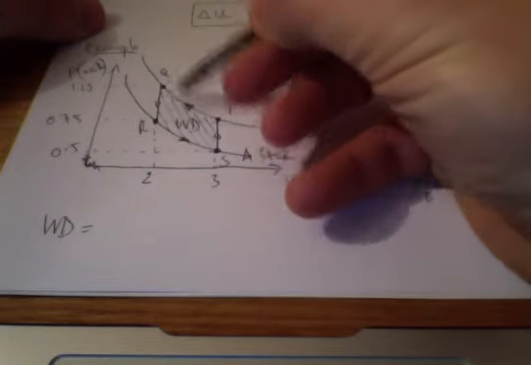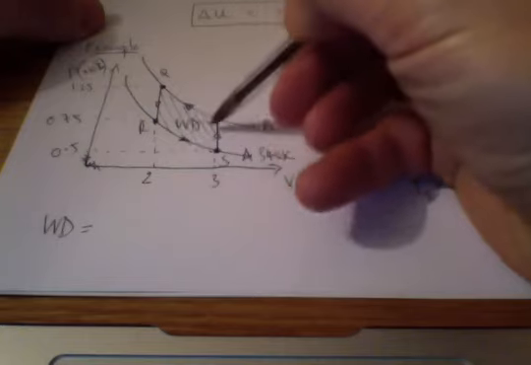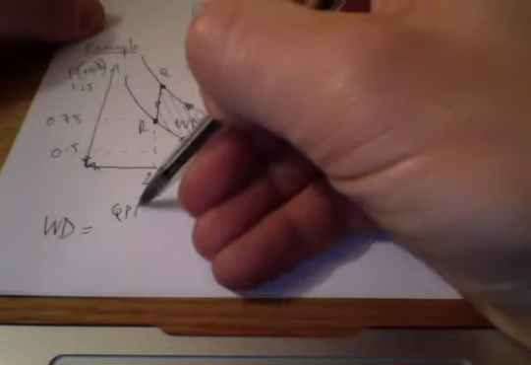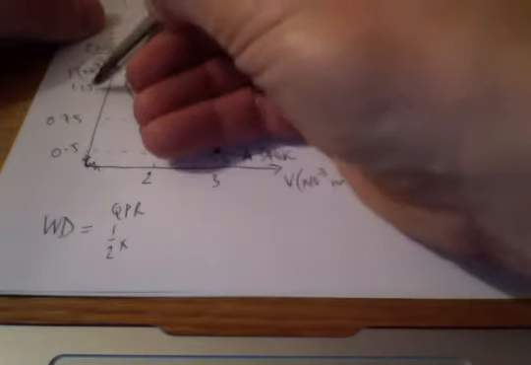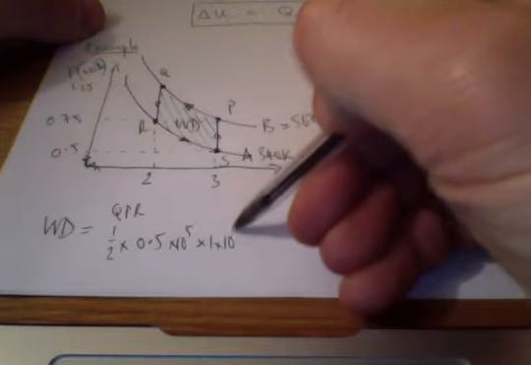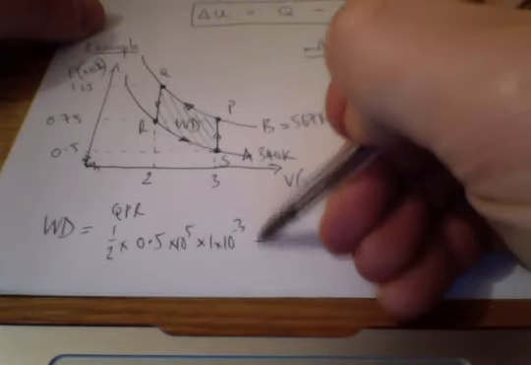You could also, if this was a graph, count the number of squares inside and multiply by the energy per square. But I'm going to assume there's two triangles taking place. So looking at the first triangle, QPR, we've got a half times the height times the base, and the height is going to be the difference, which is 0.5 times 10 to the 5, by 1 times 10 to the minus 3, which is the base, and add that to